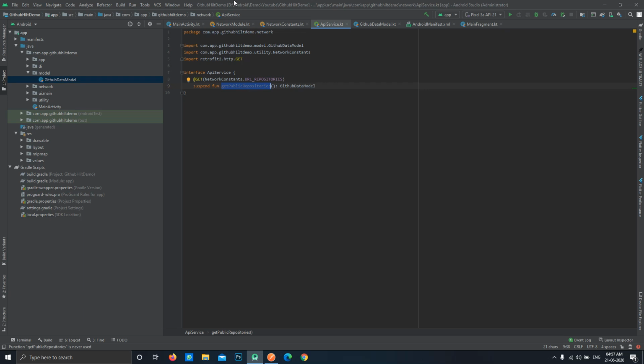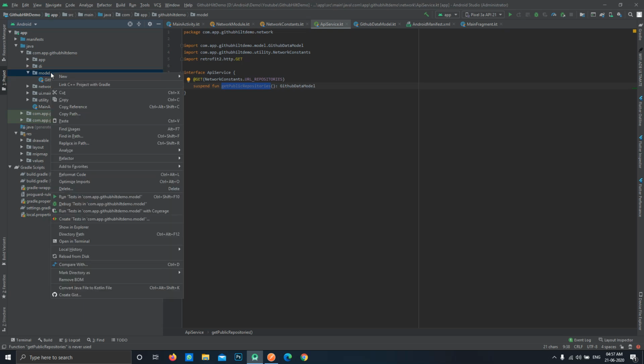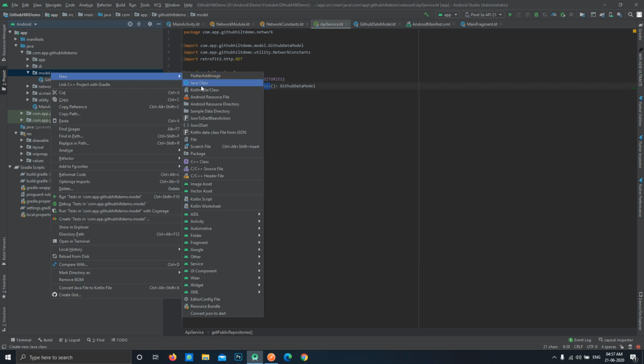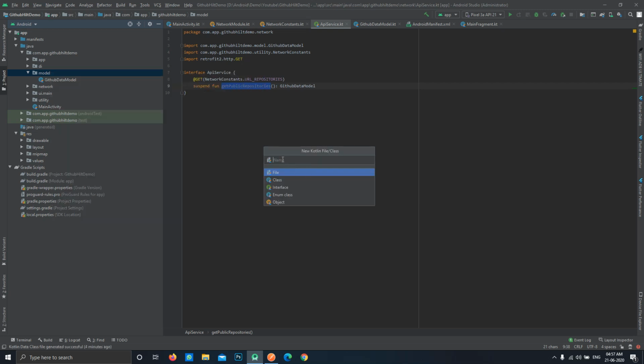So now what we are going to do is create another class. Not a model class, basically a sealed class. If you don't know what sealed classes are, let's see this by example. Just right click over here and create a new Kotlin class.